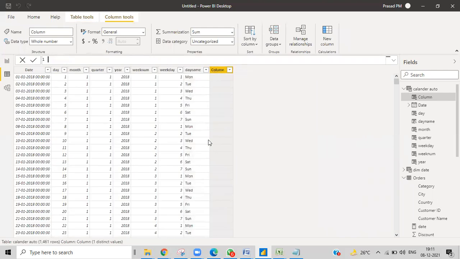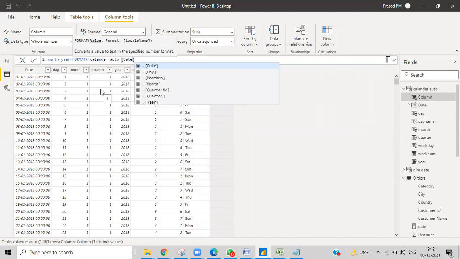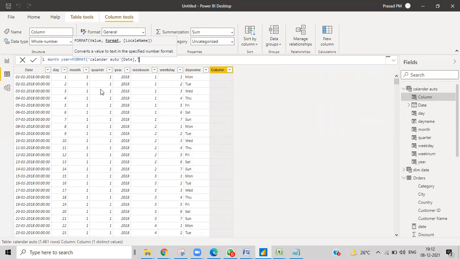What is that exactly? It's like month year. What does it look like? Format. Can you assist me with how to do that particular month year? Only month and year. Month, a separator, year. I just need that kind of format. Can you help me how to do that? Yes. Okay. How? Month and year, comma, YY.